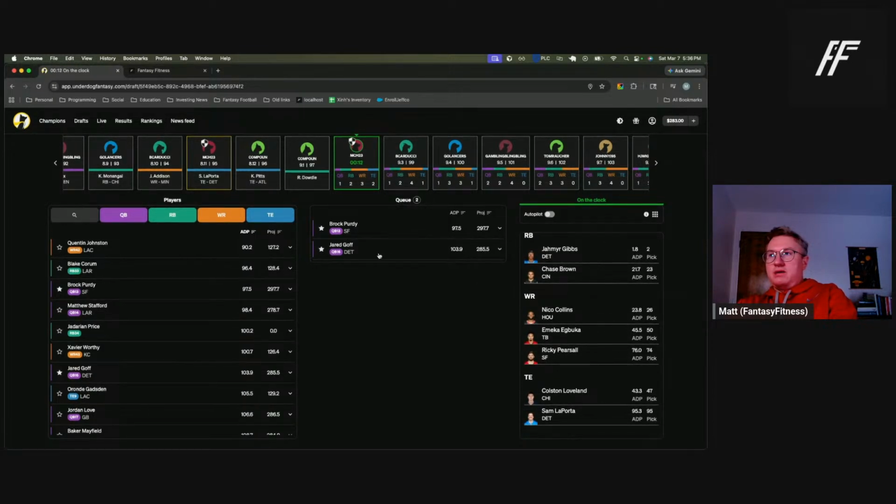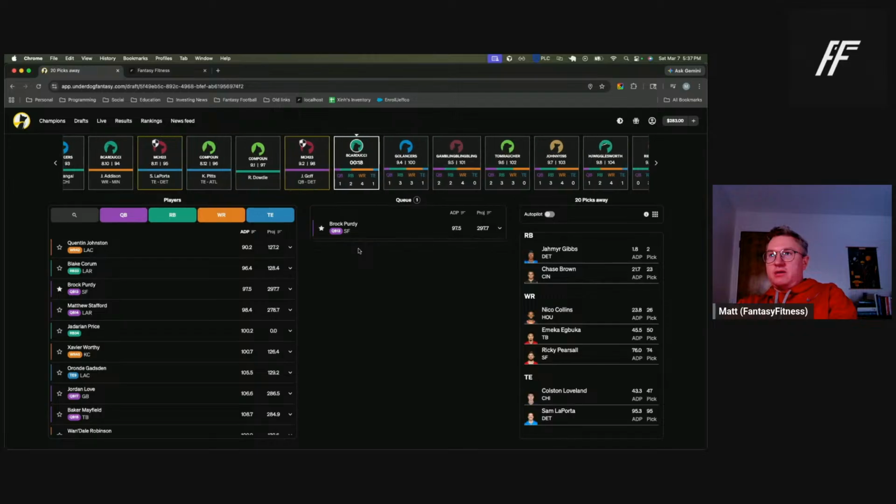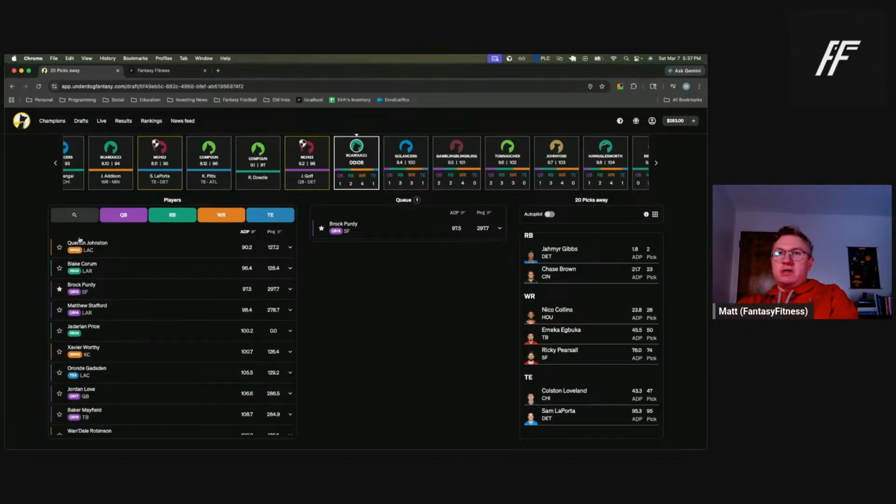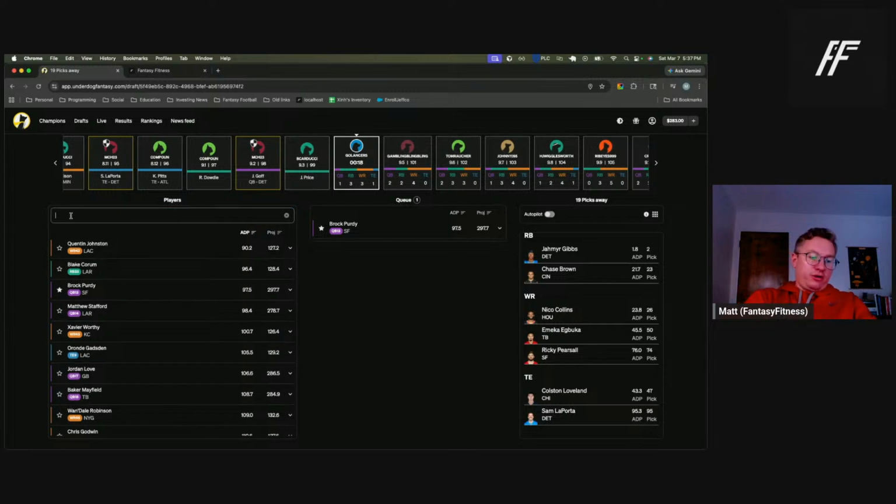Okay, I kind of want to go Goff here. It's tough between Goff and Purdy because I have Pearsall. I have the double with Gibbs and Laporta, so I'm going to take the double. It's close for me. Those guys are both very similar. Last year, he's good for about 300 points. Obviously, he missed some time last year. That's Brock Purdy. And then if we go look at Goff,